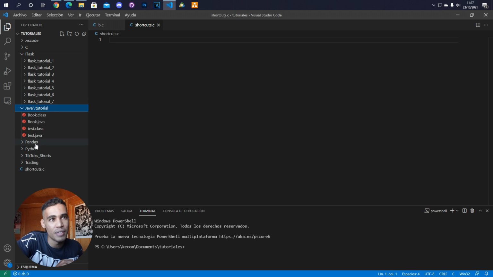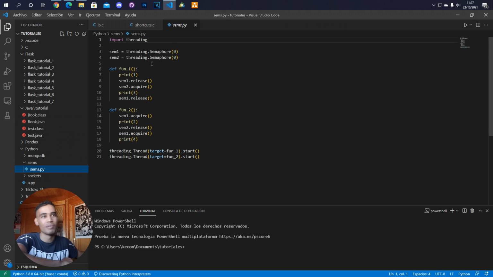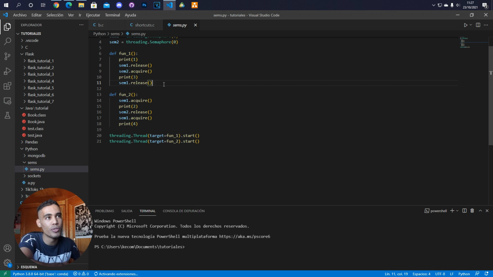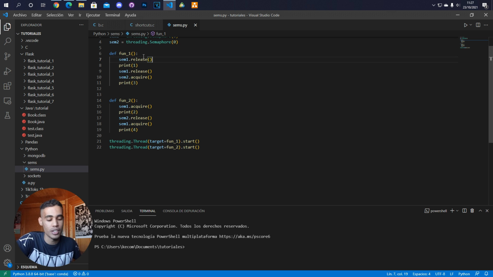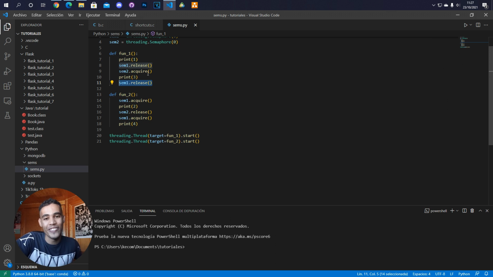So the first cool feature of Visual Studio Code that I want to show you is, for example, let's go to something long, and here I have something long. Imagine that you want to move this line up here. What you would do maybe is select this, Ctrl+x, come here, enter, and put this here. There's a very easy way to do this: just click on the line that you want to move, press Alt, and then the arrows. So for example, I'm pressing Alt and the up arrow, and look,